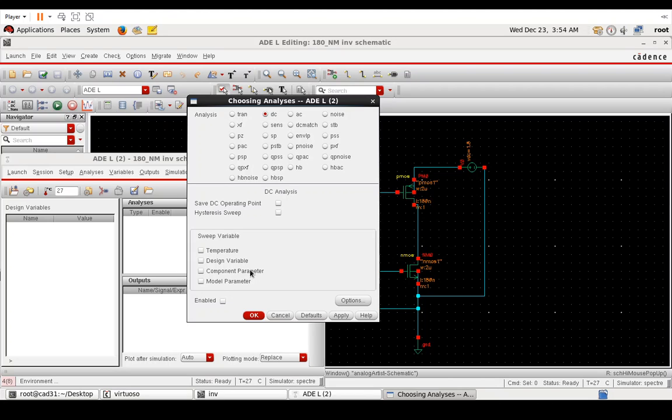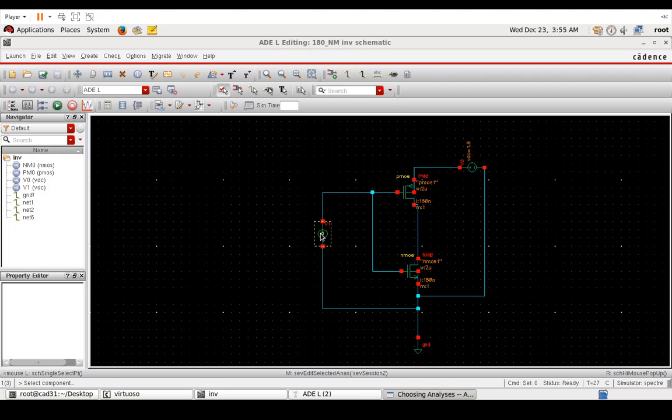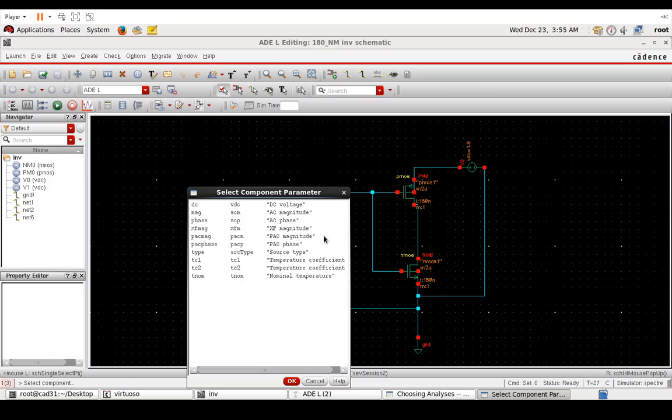is we have to give the variable which I want to change during the analysis. In this case, we want to plot the inverter voltage transfer characteristic, and we have to give the input voltage. Okay, and we have to change that during the simulation. So select component. Okay, and we have to select this because this is the input. This is the input, this is the output. So select component, click on this and